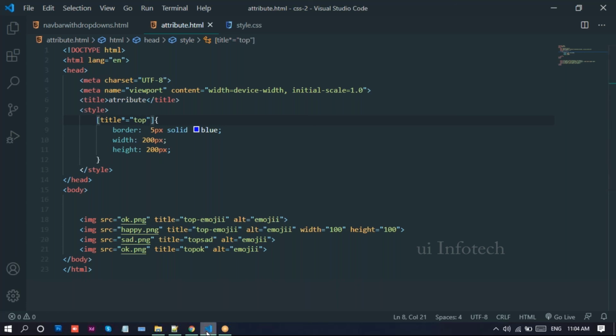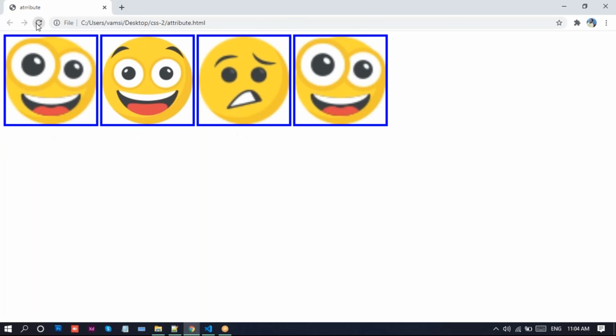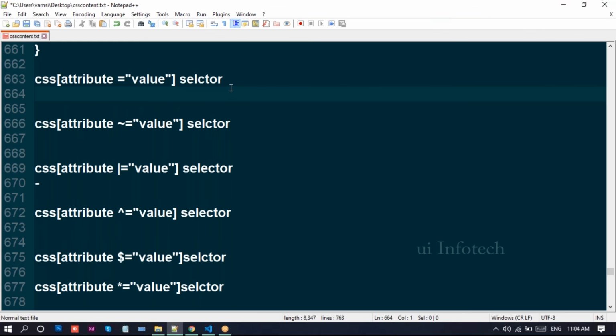And if you want to match this one, here we can write this star. Star means it will match all the elements, and then you can write top there. You can write top here, go to this browser and reload this page. Now it matches all the elements. So that is the use of these operators. That is the use of these attributes. See here, these attributes will equal the given value. What are the given values you can give here? That will